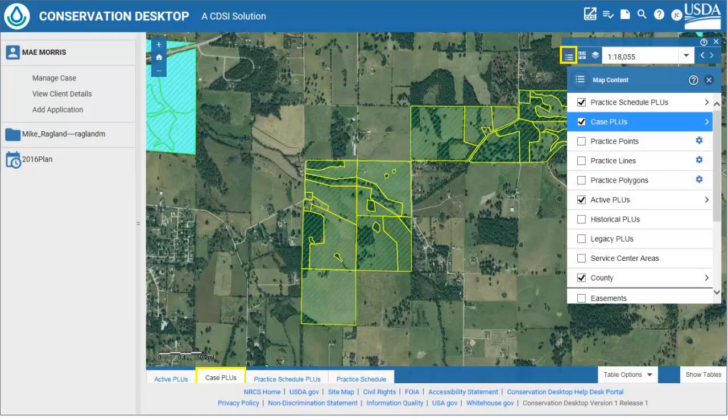Note that only layers set as available in the layer preferences will be listed, and changes to the map contents are only saved for the current session of CD. If CD is closed or a different customer is selected, the displayed layers will revert to the layers selected in